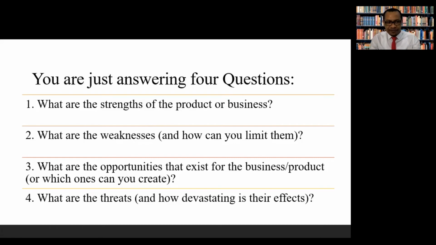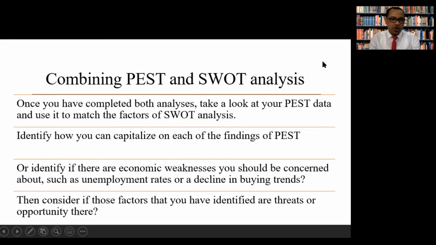So when you identify the threat, then you'll be able to identify the impact they are going to have on your business if they happen to occur, or if they happen to hit your business. Is it going to be high or medium or low? By the time you obtain or put down the answers to these issues, then you are ready to do the final stage, which is the step 3.